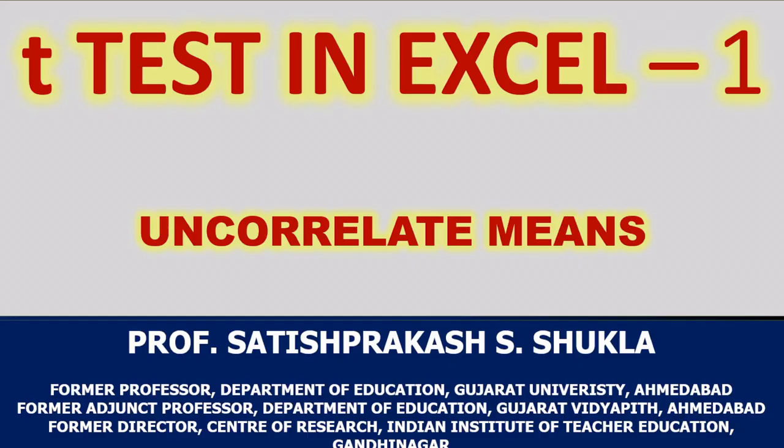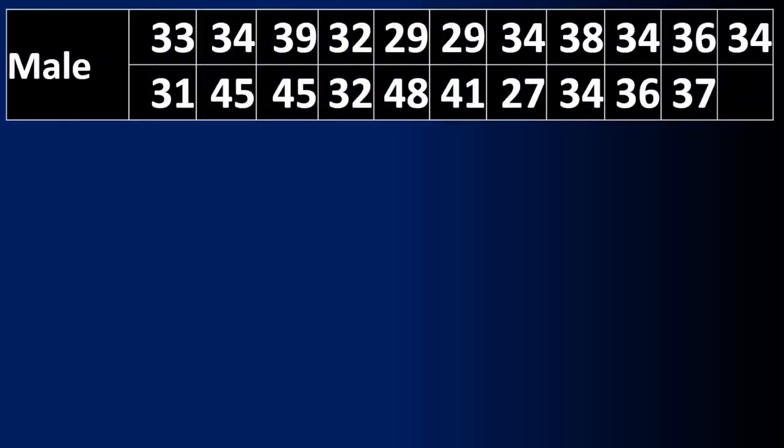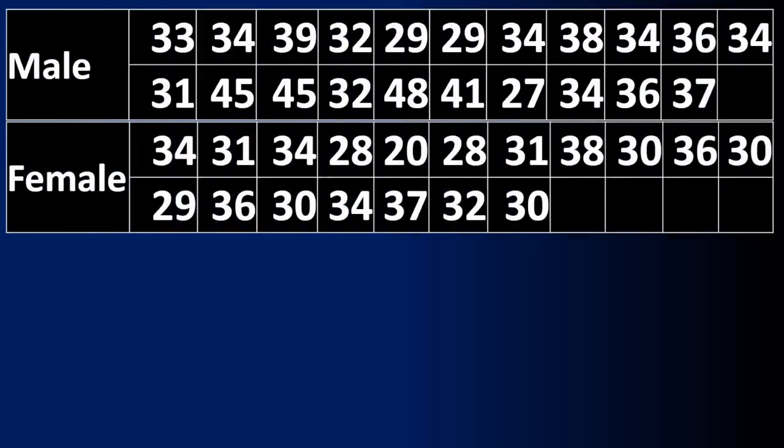To understand that, we have taken one example. Here one example is given. Here the scores of male and female secondary school teachers of Ahmedabad are given in mental health test. Sample of male and sample of female are taken from two different populations. So, the means that we will calculate will be uncorrelated means, and to check the difference between the means of these two,